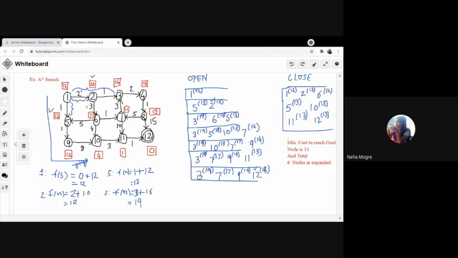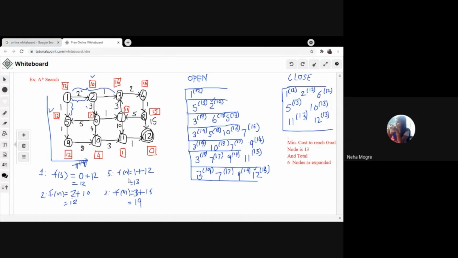Fine. So I can say in A star, we are getting fewer nodes to expand. In uniform cost search, do you remember how many nodes we expanded? 11 nodes, after which we got the goal node. After expansion of 11 nodes, it's double of this. So this is more efficient because on each node we have the heuristic value. Because of this heuristic value, we are getting the more optimal solution.